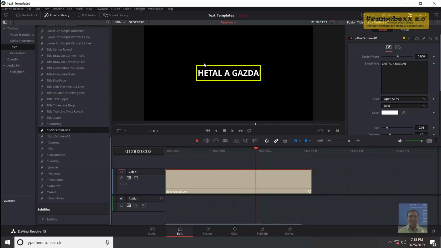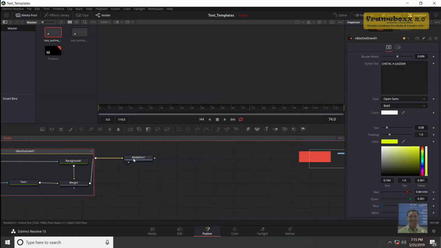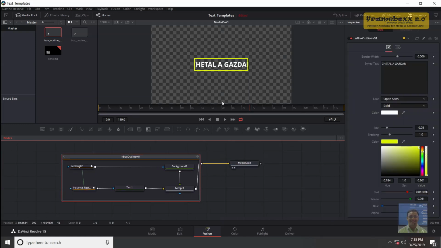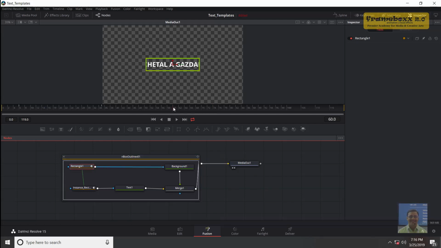then the problem started. So what I have to do, I just select this thing, I have to go to Fusion tab, and here I need to change the length of this my outline.